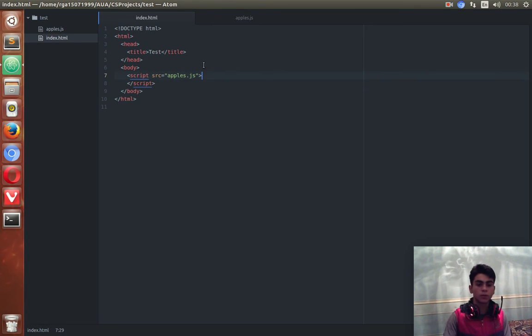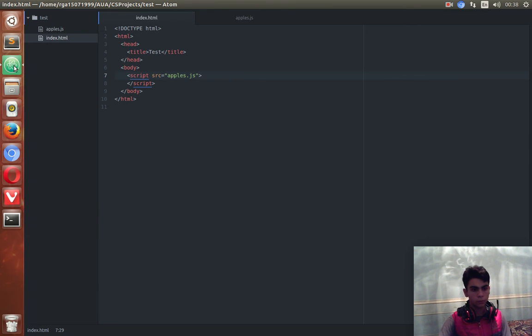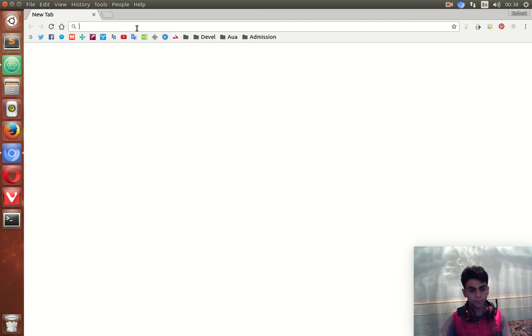Remember, because apples.js is in the same folder as index.html, we simply write its name to attach it to our HTML. So now we can check, copy full path, and we can check it. Okay,